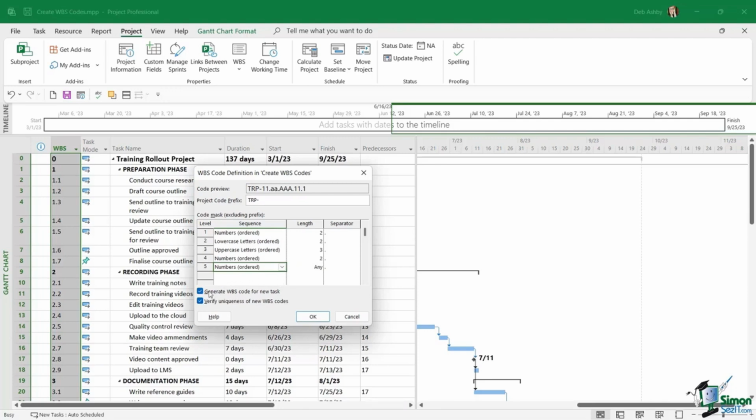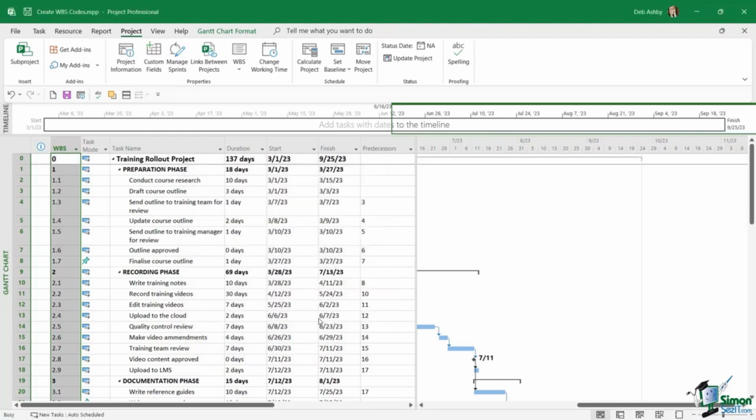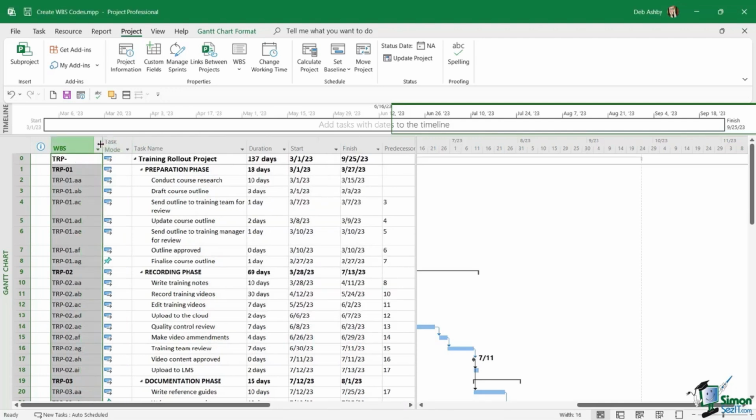We want to make sure that we keep these 2 checkboxes underneath selected, because it means it's going to generate a new unique WBS code for any new tasks that I add into the project. And it's also going to keep checking that the WBS codes that are being added are unique. So let's keep those checked, click on OK, and now you can see if we widen out this WBS column,